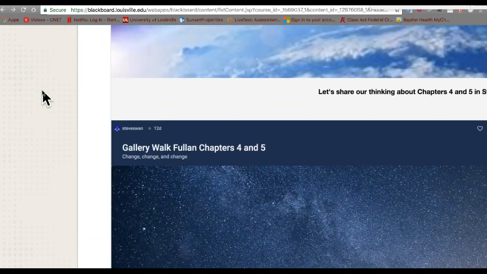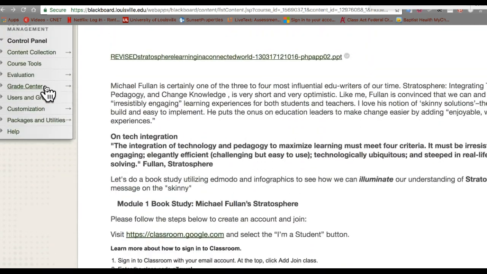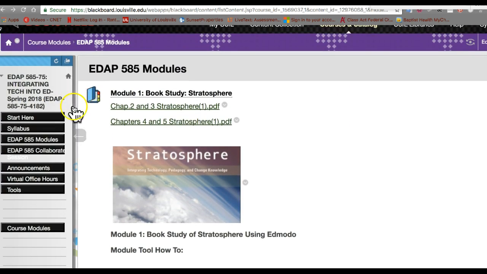Now, let me do Collaborate real quickly for those of you who will be coming into the class. As you may or may not know or can tell, I am sitting inside of Chrome right now. I like Chrome a lot. I find that Chrome plays nicely with just about everything that we'll be using in class. Firefox works with Collaborate as well. The newer versions of Firefox work better. If you're trying to use Internet Explorer, good luck. That's all I got to say. And please, please, please don't be using Edge.